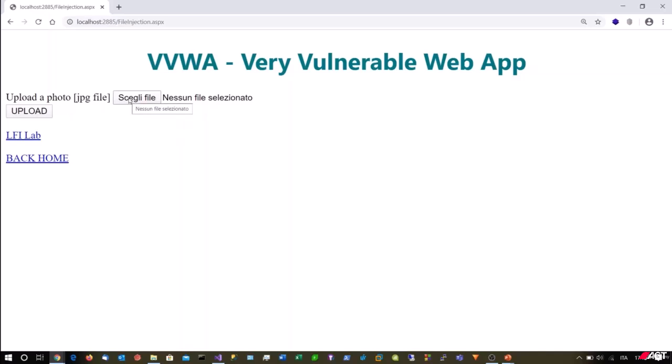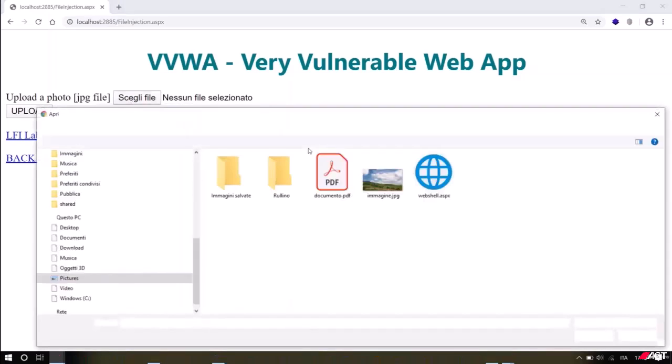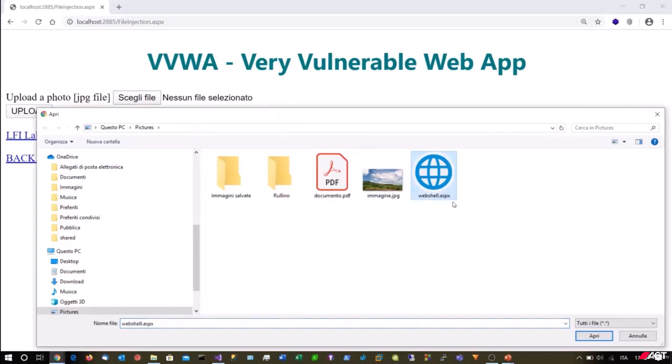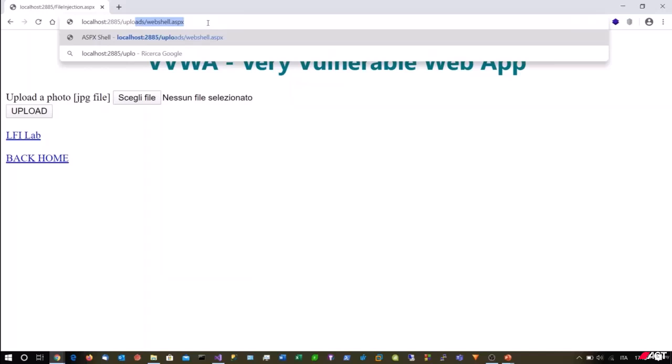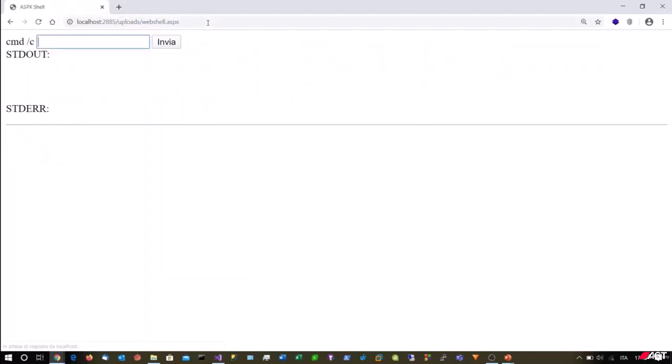The web shell is developed with the same technology as the web application pages. In this case, it is in ASP.NET language. The web shell arrives in the Uploads folder, as you can see. At this point, the attacker can load the web shell and run it. The web shell is made to run operating system commands on the web server. So, in this example of running the dir command on the server,